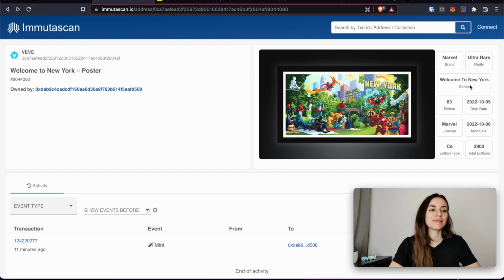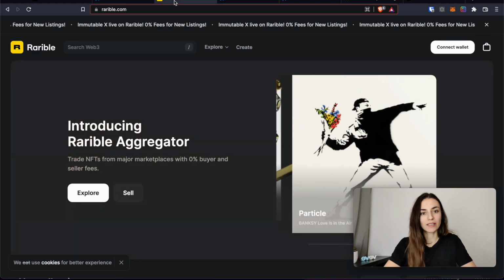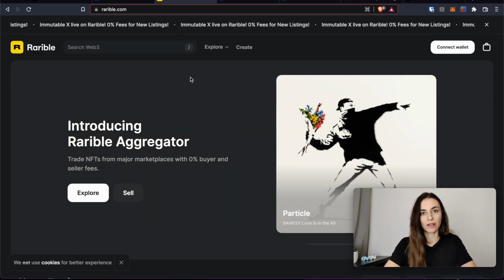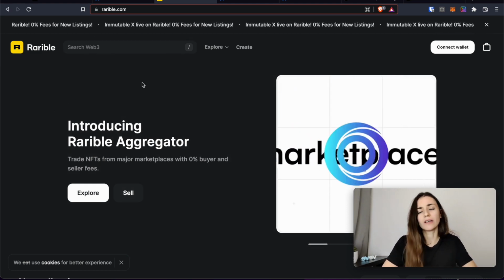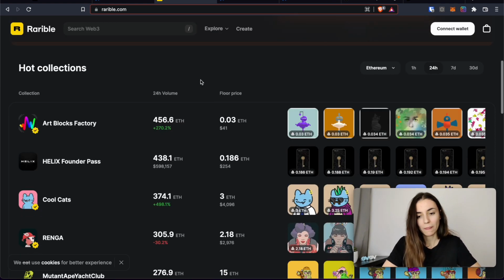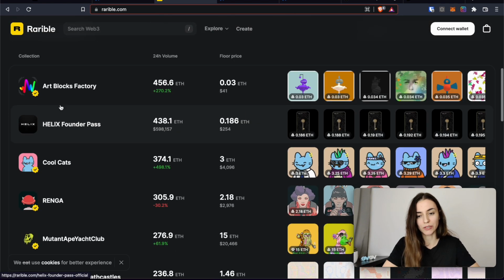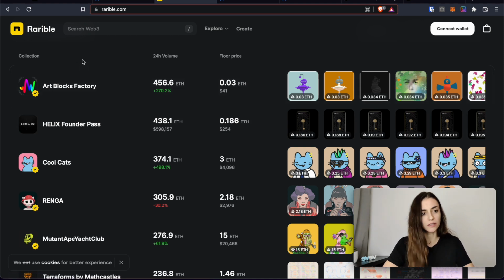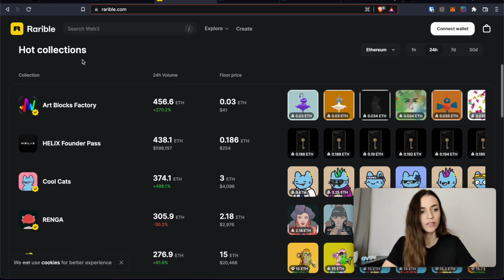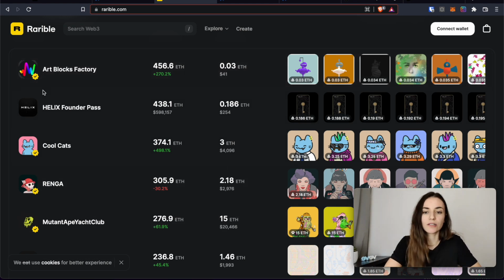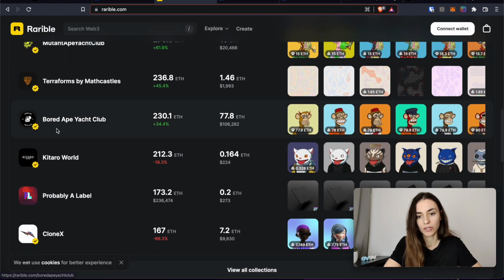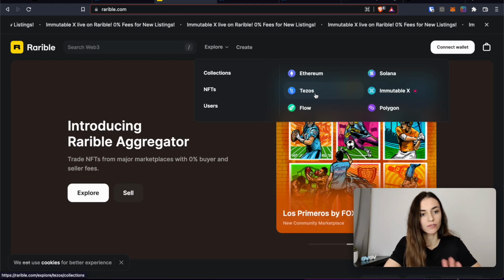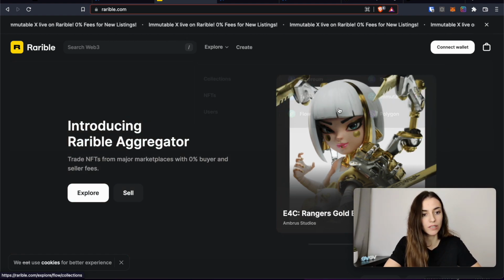And that's, we don't only see the mint data now on Meterscan, but also, as I said before, on other platforms that other NFT collectors and investors look at, such as Rarible. I'm actually not that familiar with this site. I haven't used it that much. But basically, I think it's similar to OpenSea, but I'm not totally sure. Here you see all kinds of NFT collections, Cool Cats, for example, and the Bored Ape Yacht Club. They are compatible with a lot of blockchains, so not only Ethereum, but also Solana, Polygon, Flow,